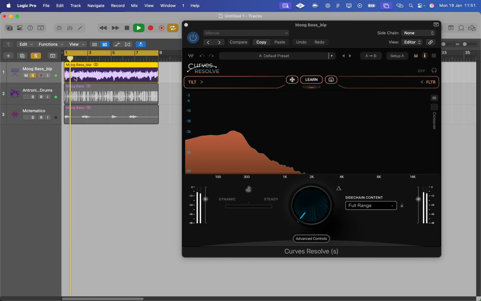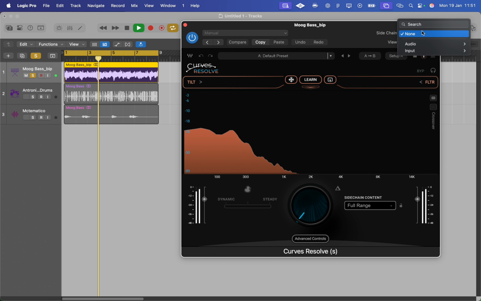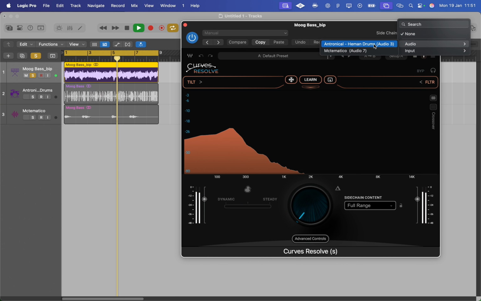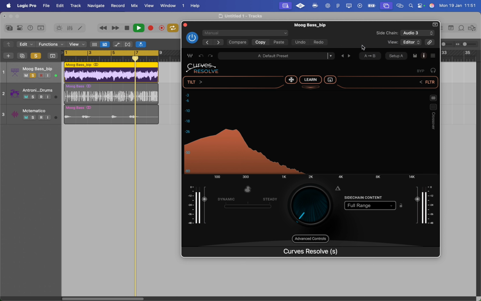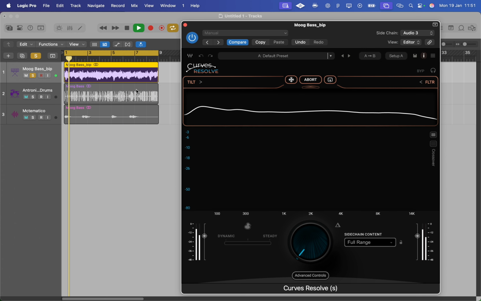on this bass. I put the plugin on the bass, I go to the side chain here at the top, I go to audio and I select the drums. Okay, now I go to learn, I put the drums in play,